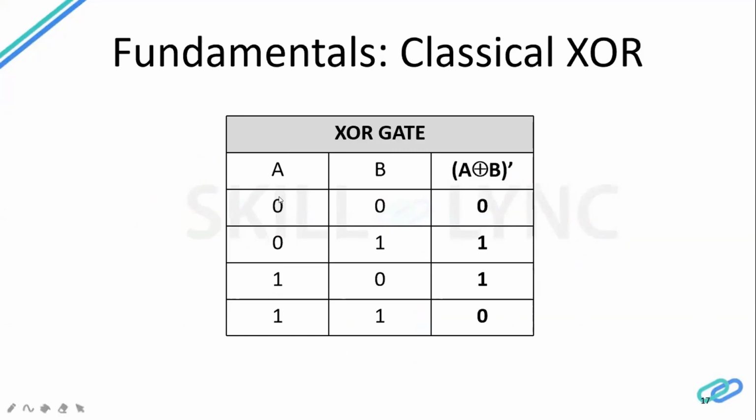What is XOR gate? When both the inputs are same, I will get a 0. See, 0, 0 gives 0, 1, 1 gives 0. When any one input is different from the other, the output will be 1. This is XOR gate. Remember, if the input is 0, 0 or 1, 1, my output will be 0. If the input is 0, 1 or 1, 0, my output will be 1.